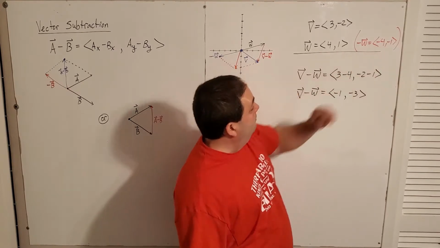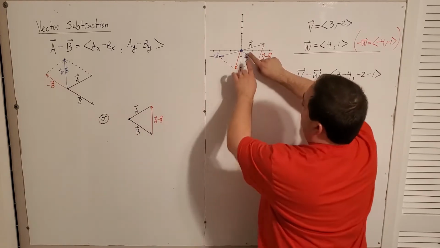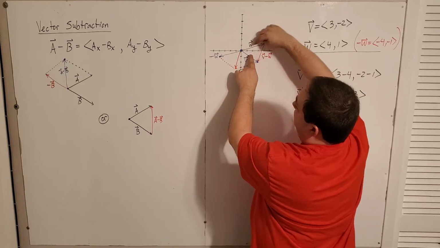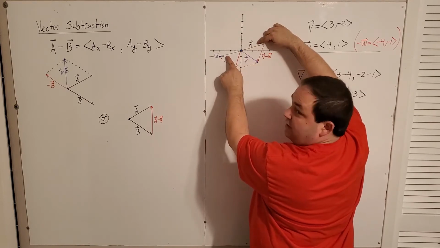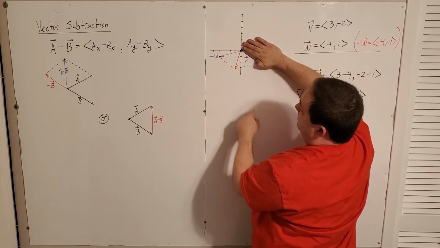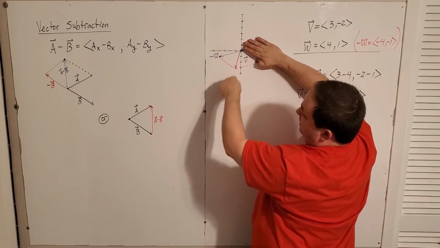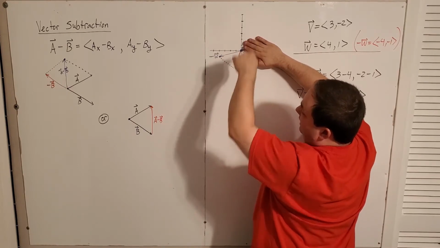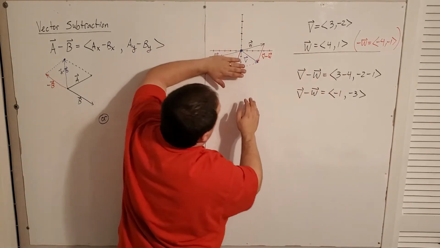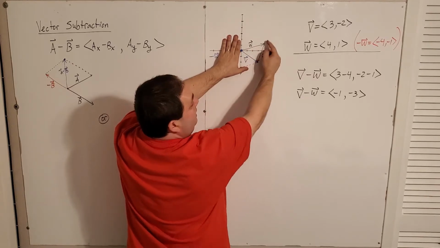Right? Okay, so right here, you see W. Here's negative W, right? Here's W. There's negative W. So if I add negative W and V, I get this vector here, which is -1, -3, going left and down. Left 1, down 3. Or the other way, if I simply take the two vectors, W and V, and connect